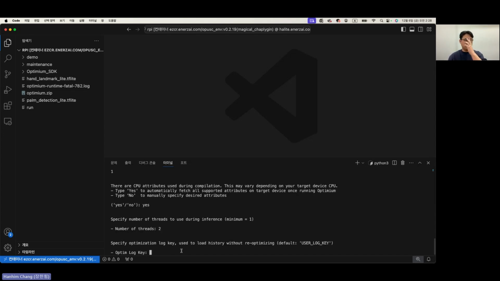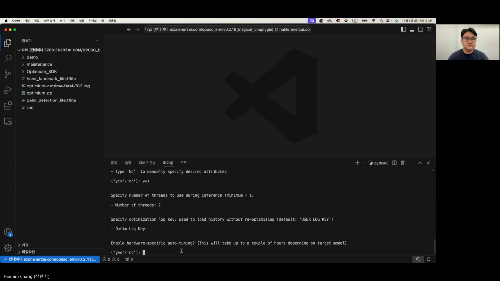So we'll type in 2 threads, but you could set it to 1, 2, or 4 based on your target environment. It also asks to specify an optimization log key, which will be used to reactivate the optimization history. Let's say you have auto-tuned your model previously and want to use that optimization history and then compile after that, you could always use it. I'll just go with the default for this.